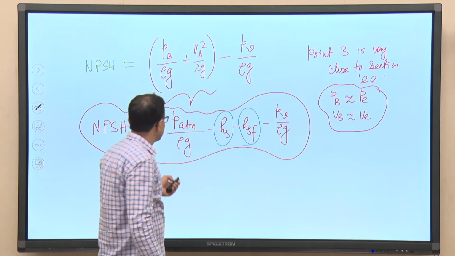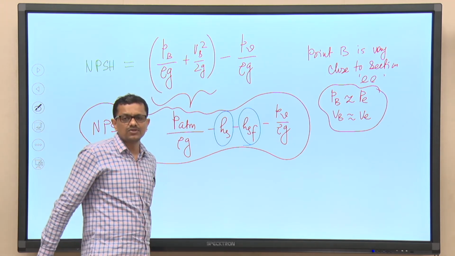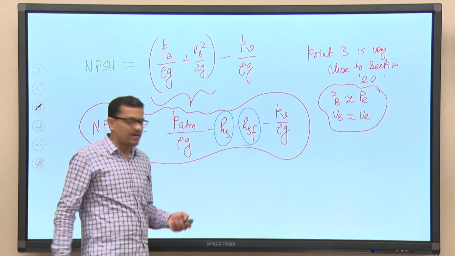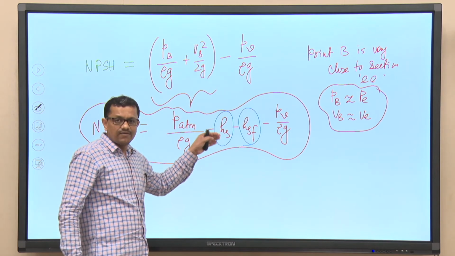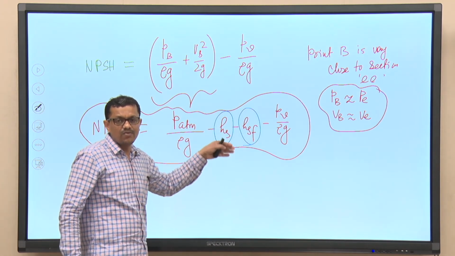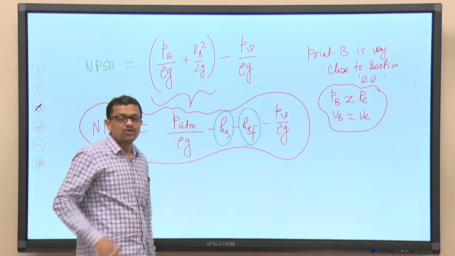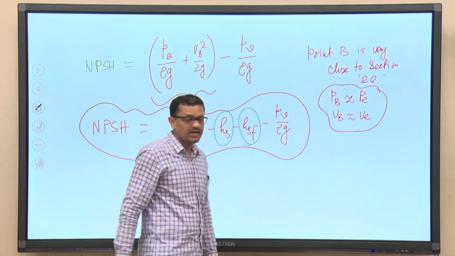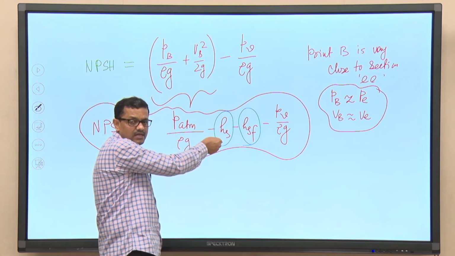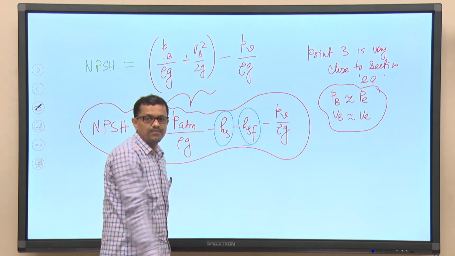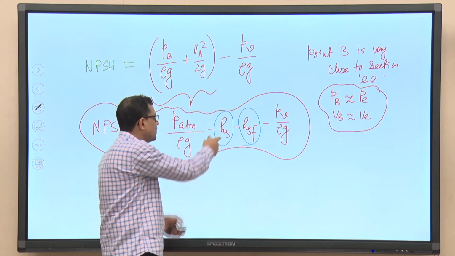Okay. So, again I am telling, though I will be discussing in one lecture the operational issues and design issues of a pumping station, at least from today's class we have understood that it is advisable to make Hs 0. It is advisable to make Hs as minimum as possible. It would be good if we make it 0, it would be even better if we make it positive, right. So, our objective should be to reduce Hs as much as possible, depending on the situation in which the pump will be installed. If it becomes 0, this is perfect. It would be well and good if we make this quantity positive.